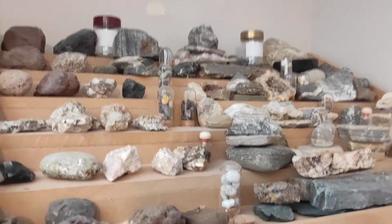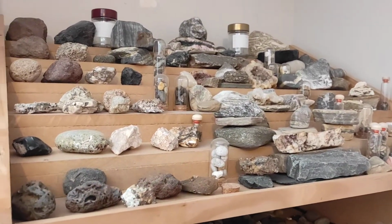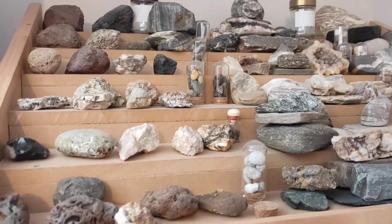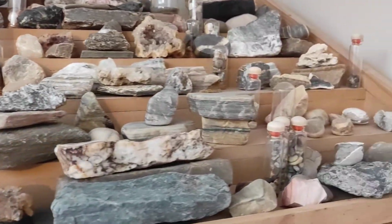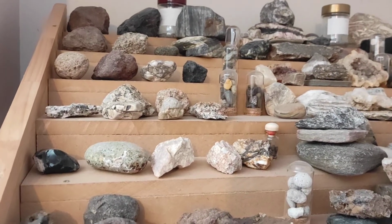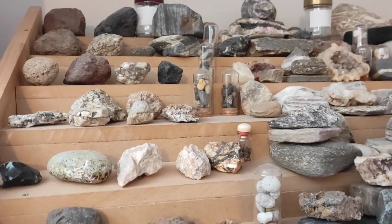Hey, in this video I will be going through the top part of my shelf, which I kind of refer to in my mind as the cool big part of the shelf, because all these rocks are quite big, often a little bit too big to fit on the smaller sections, and also these are just some of the cooler rocks that I really like, and I've decided to feature them in a bigger showcase,